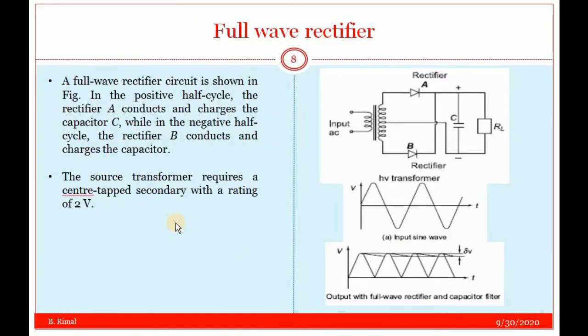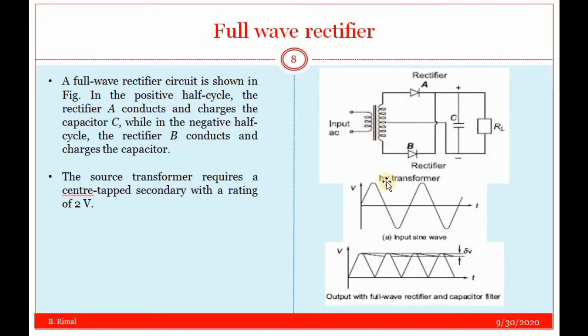Okay, now let's get into the full wave rectifier. Our full wave rectifier will rectify the full wave, not only the half portion of the wave. DC generation can also be made with a full wave rectifier. The figure is shown here. A center tap transformer is shown, and two rectifiers A and B are used to rectify